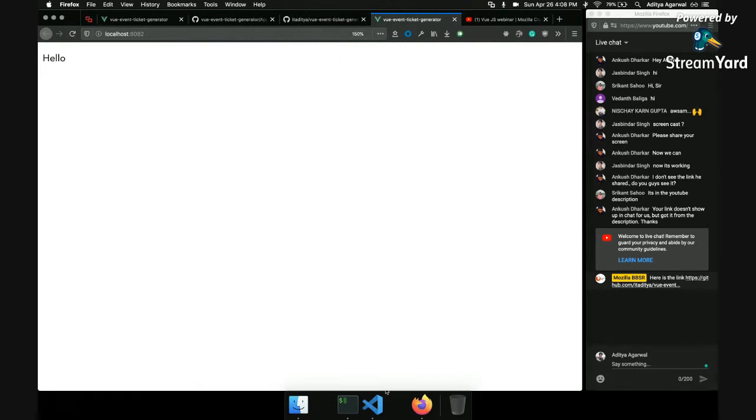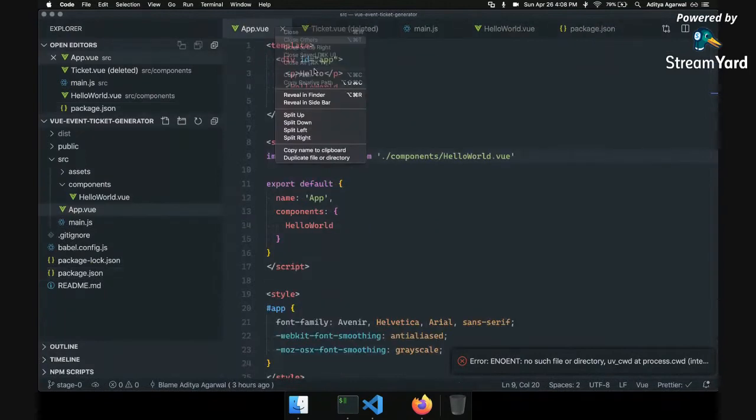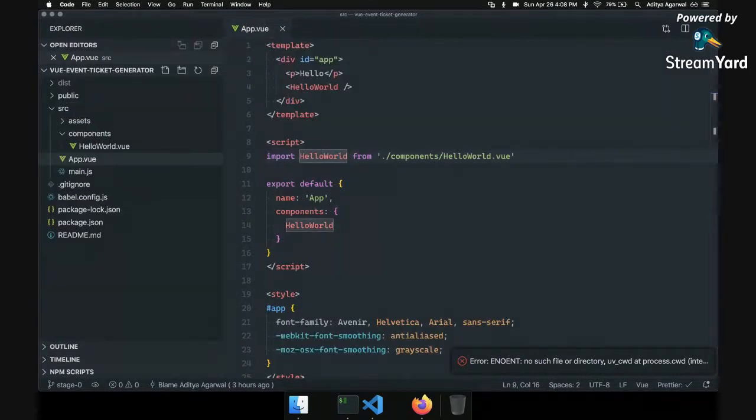And let's see the file syntax. So the main thing to note here is the App.vue file. One striking thing is there is no JS or HTML or CSS. The file extension is .vue, and the code inside is also a little strange.